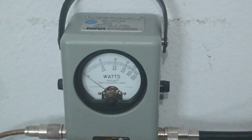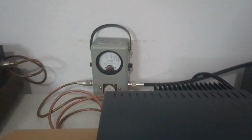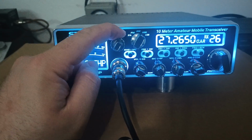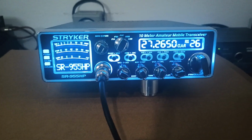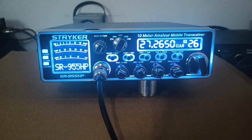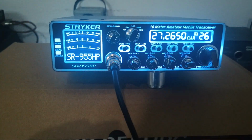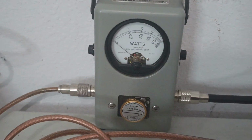Now, the next thing we want to check, like I mentioned, is sideband, very key on these to make sure you don't have anything acting crazy. So what we want to do for that is just turn our RF power wide open, and what we're looking for, we don't want it to hang up on sideband, to have any kind of carrier, oscillation, anything like that. So RF power is wide open. That's where we like to check it. Upper sideband right here. 250 watt scale. Again, top scale. This is